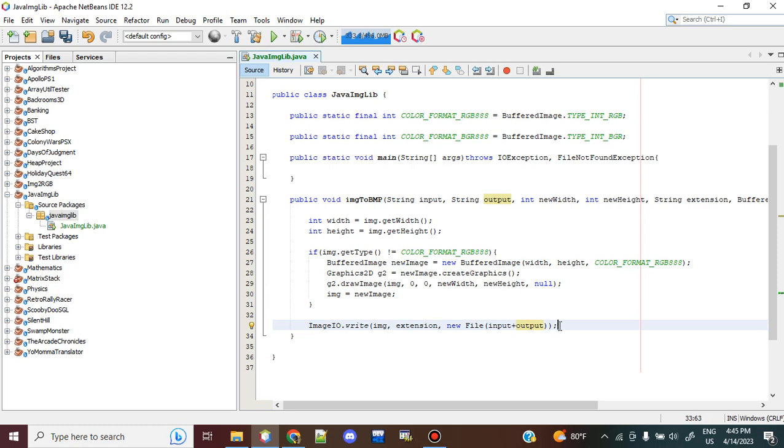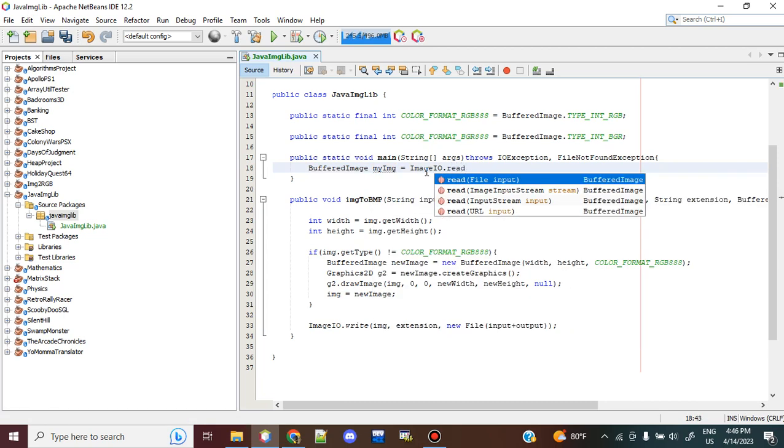So this would be something like this. I'm going to allow myself to be able to change the width and the height of the image, then change the color format that the image will be written in, and then write it as a BMP. So I could say BufferedImage myImage equals ImageIO